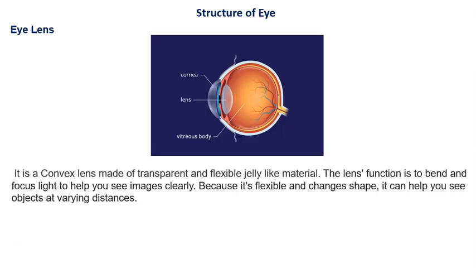Eye lens. We have a convex lens made of transparent and flexible jelly-like material. The lens function is to bend and focus the light to help us see the image clearly. This is the convex lens. So rays converge on the retina and we get the image on the retina. This is the main function of the convex lens of the eye. And it is flexible and it can change its shape, so it can help us to see objects at